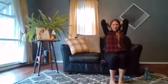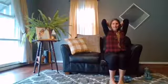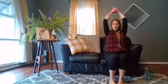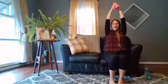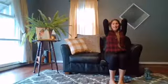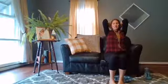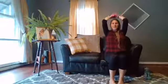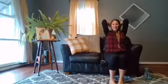I'm taking the weights back behind my head, kind of at my neck or the base of my neck here. To work the triceps, let's take the arms straight up and gently lowering back down to that original position. 1, up, lowering with control. 2,